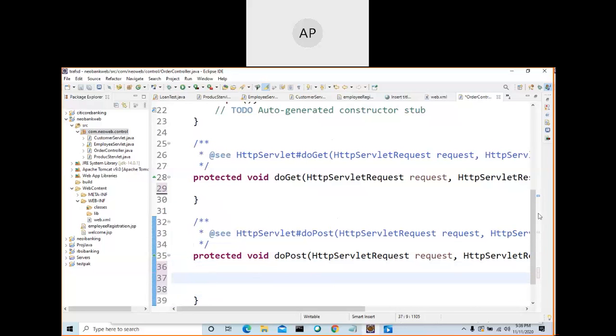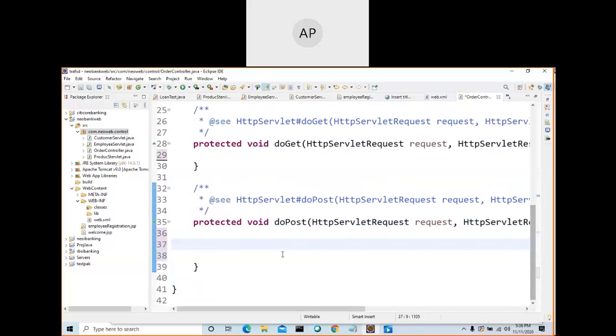Now we are going to submit some value from the browser. It will come here, and I want to display the value that comes from the browser. Say I'm going to send an order detail, I'm going to order a product, so product name and product price. In that scenario, if you are going to send the order product name and product price, then